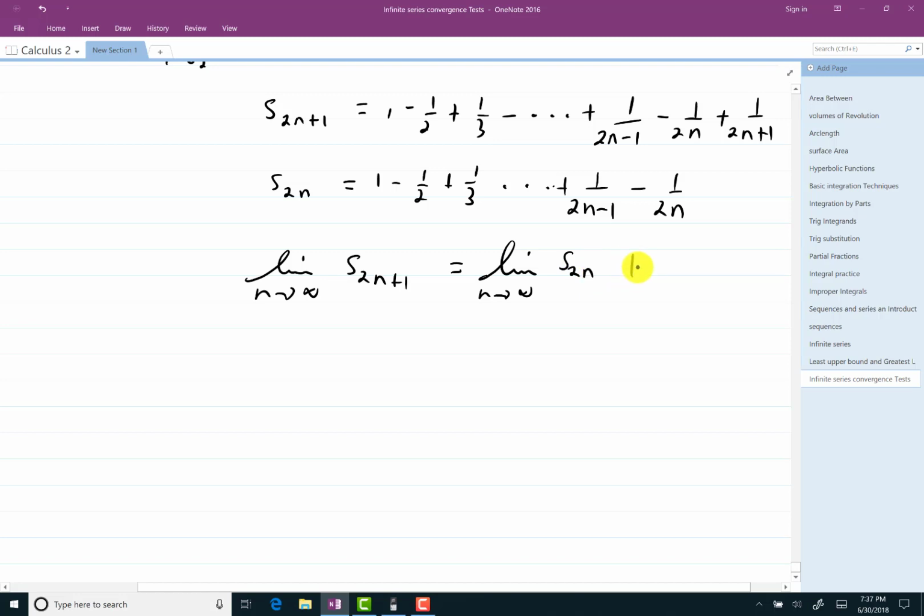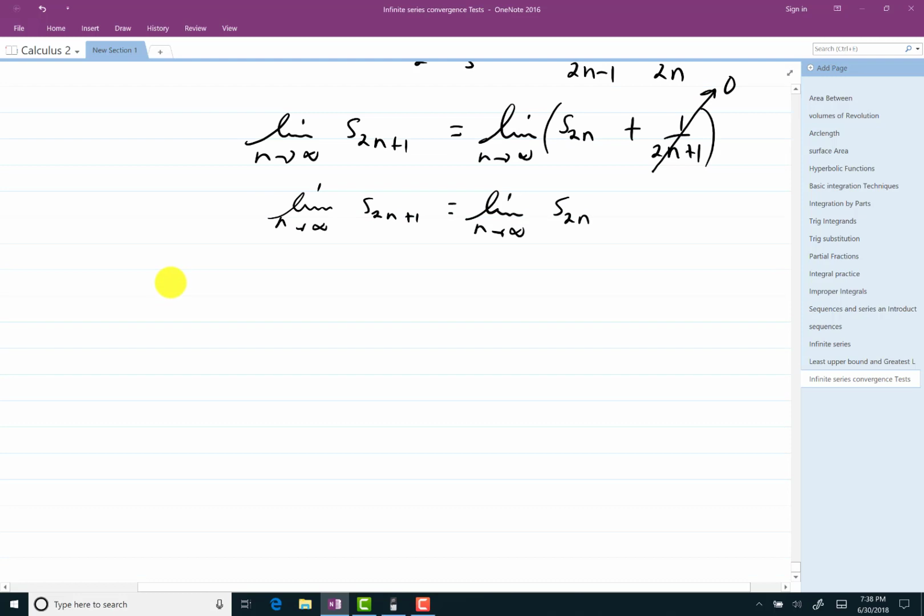But then we have this extra term out here. Well, this is easy now. This piece goes to 0. So what we have then is the limit, as n goes to infinity, of s sub 2n plus 1 equals the limit, as n goes to infinity, of s sub 2n. But